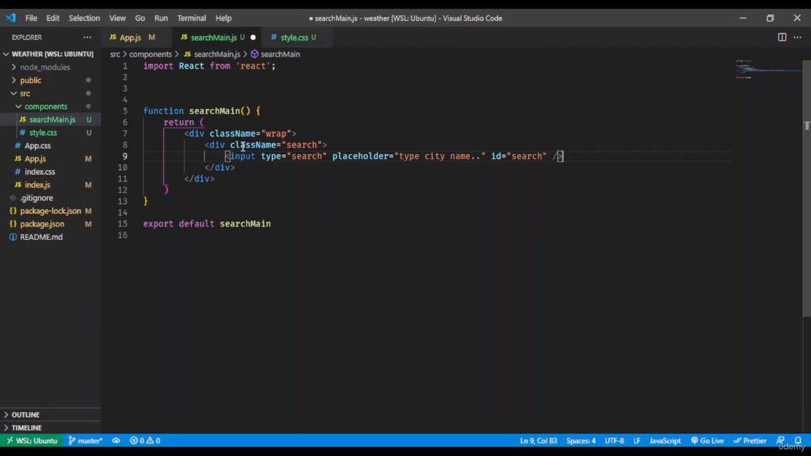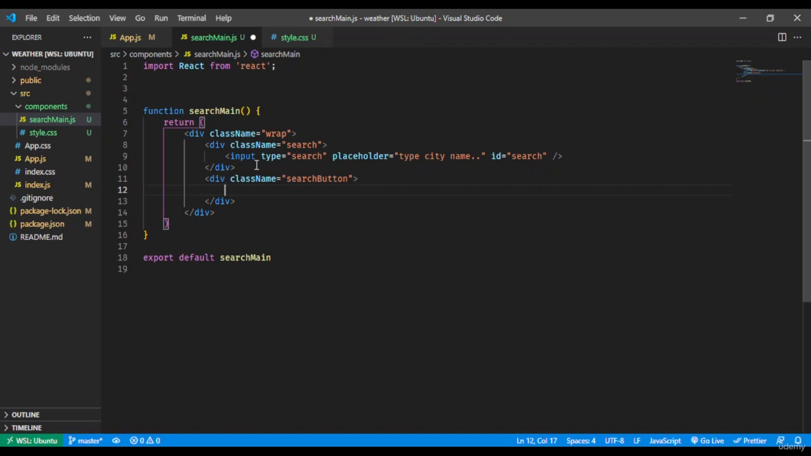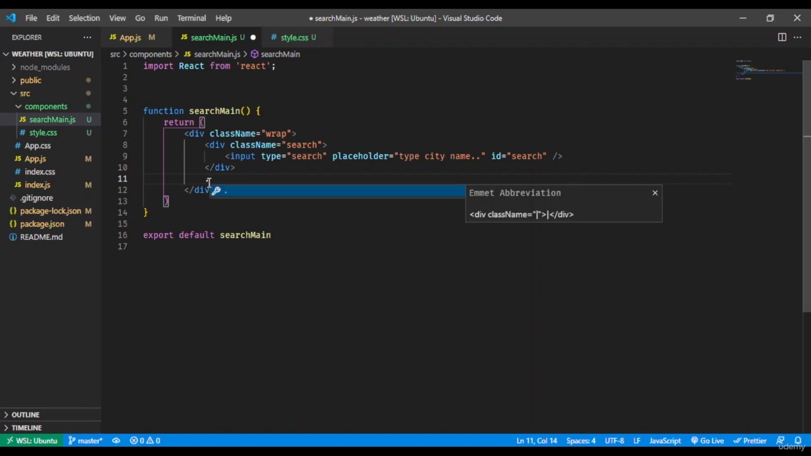So this is the input field. Next we'll be having a button, which will have a class name of search button. Okay, boom. If you don't put it into a div also, this works. You just have to give a class name to the button, and that will also work. So we'll provide